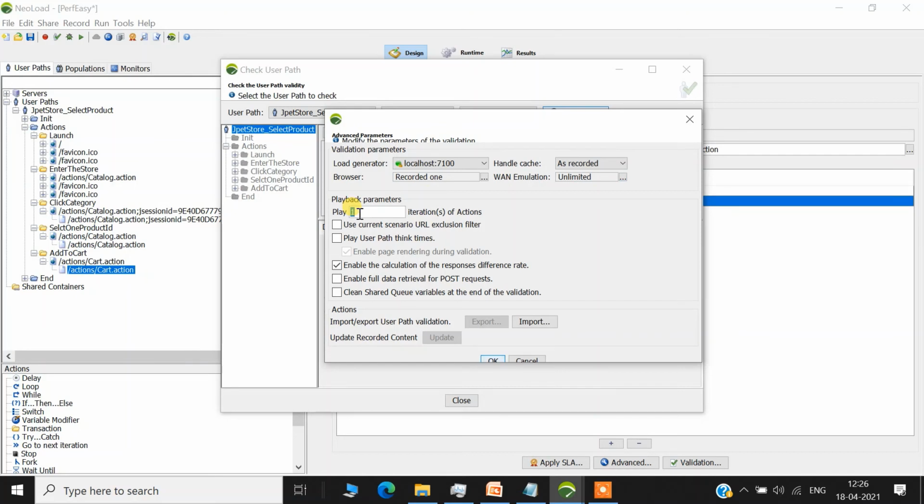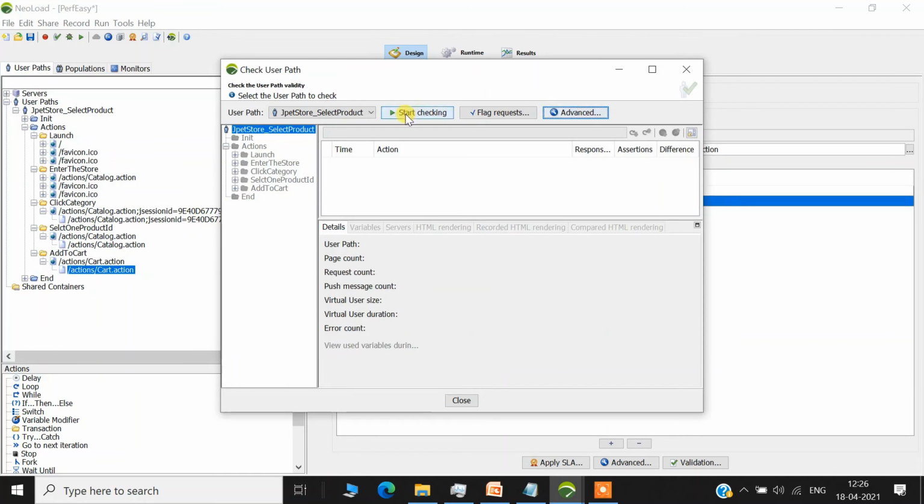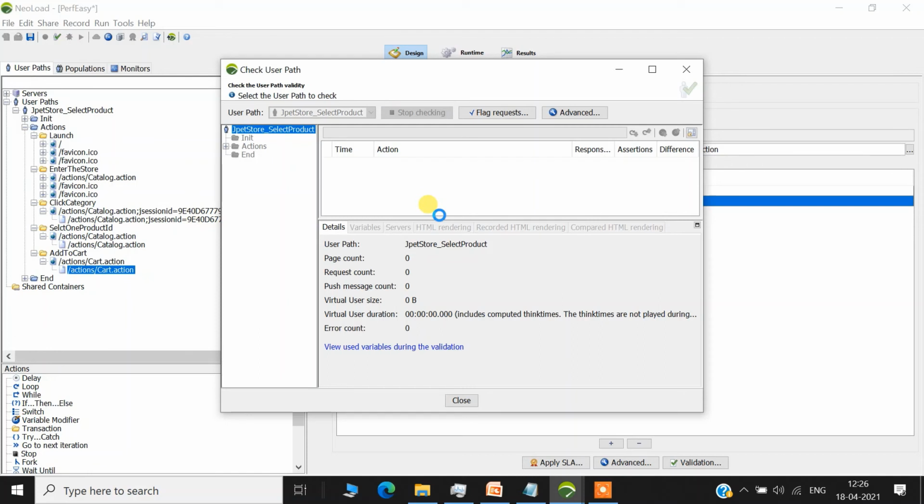If we want to run multiple iterations, we can give more than one, but by default it is one iteration, and we should run one iteration and see if the recording was correctly done. I am going to click on OK and click on start checking. Now it is going to replay my script. Complete steps are going to be replayed, and I can see if my recording was happening properly or not.